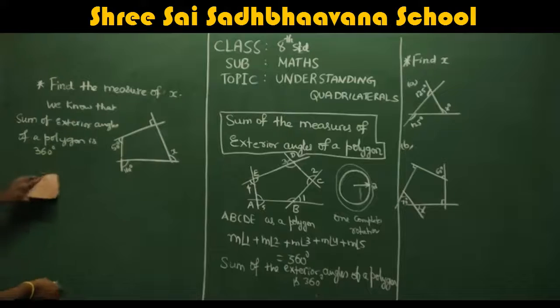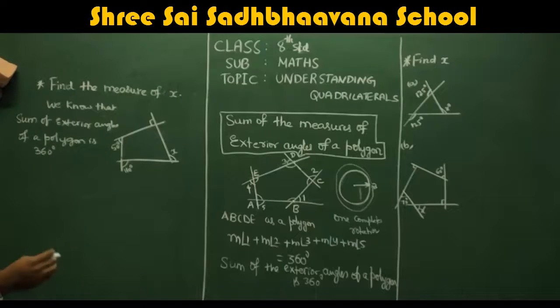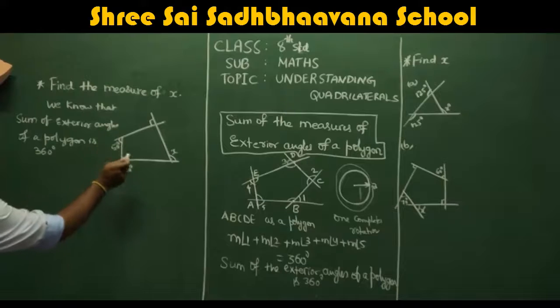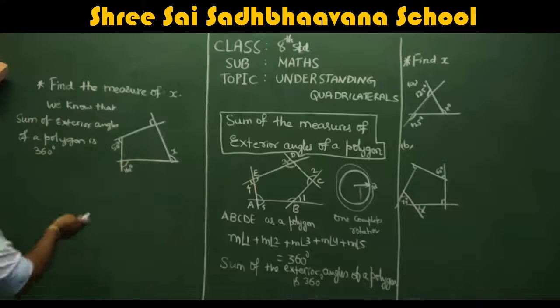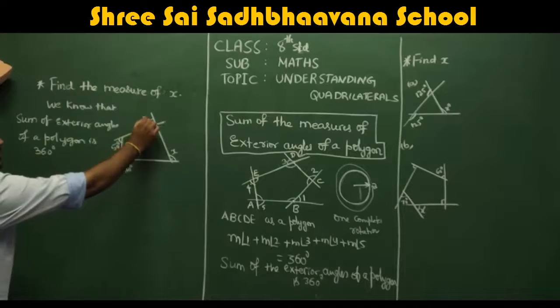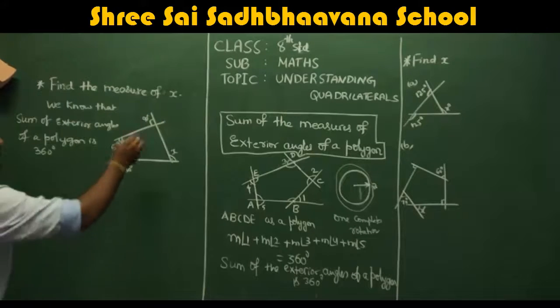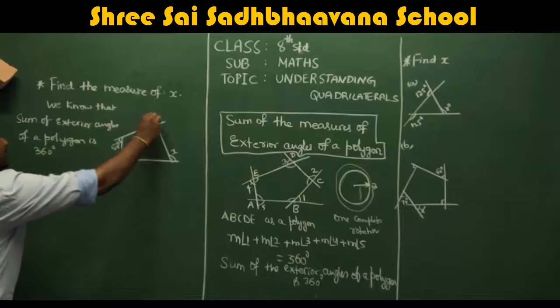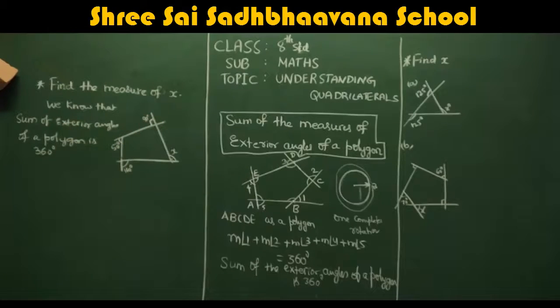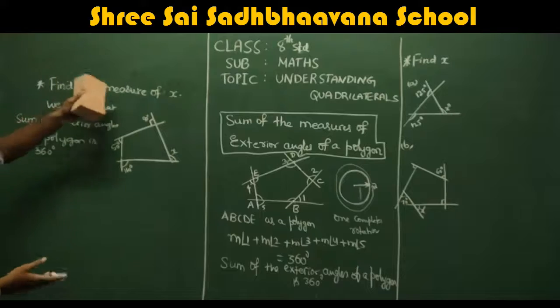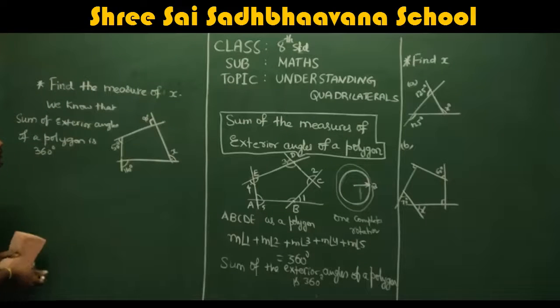So according to the formula, we know the angle sum is 360, but we don't know which angle is x. We know this is 50, this is 110, but we don't know this one, and we know this one, all of you know this. A right angle always measures 90 degrees. Don't think that because they didn't give it, you have to assume. If it is drawn like this, definitely it is a right angle. I hope you know that a right angle is represented like this. So a right angle measure is always 90 degrees, so no need to say that.